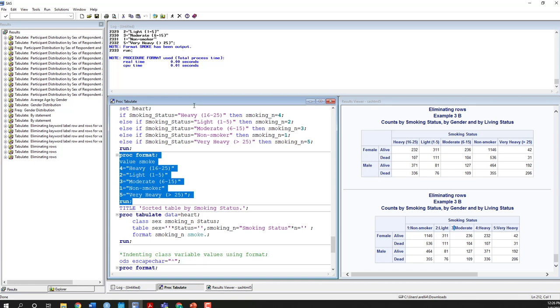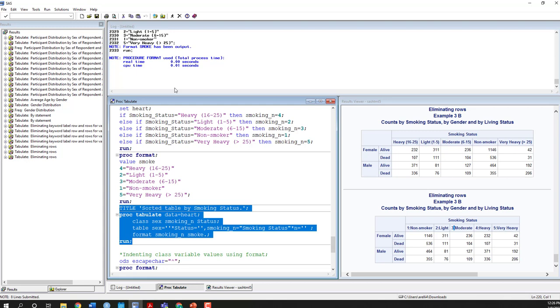But we don't apply the formatted order to the table. The table is ordered by the values of variable smoking_n from 1 to 5. Personally, I prefer the second way to order the table, although the second example takes extra data steps. However, you have more flexibility to modify the formatted values. So running the code,